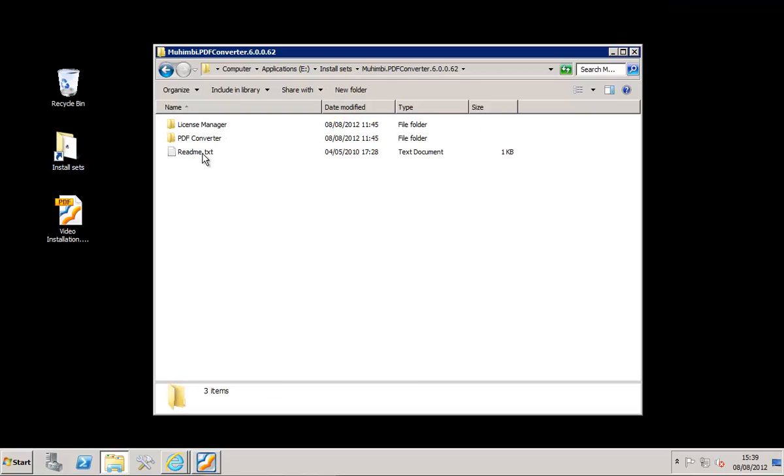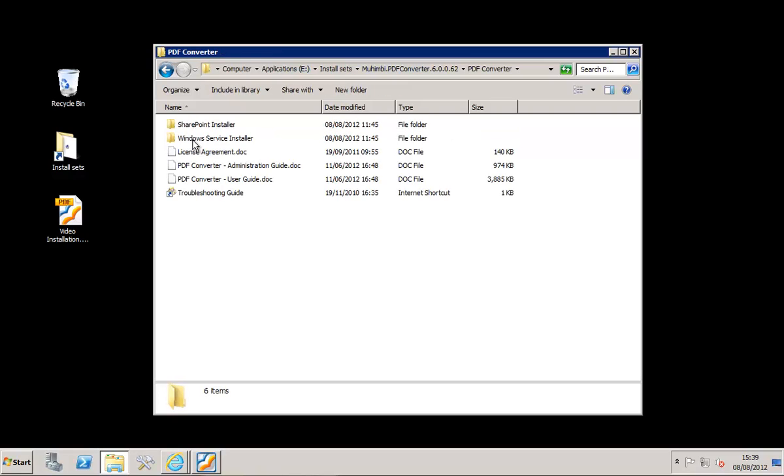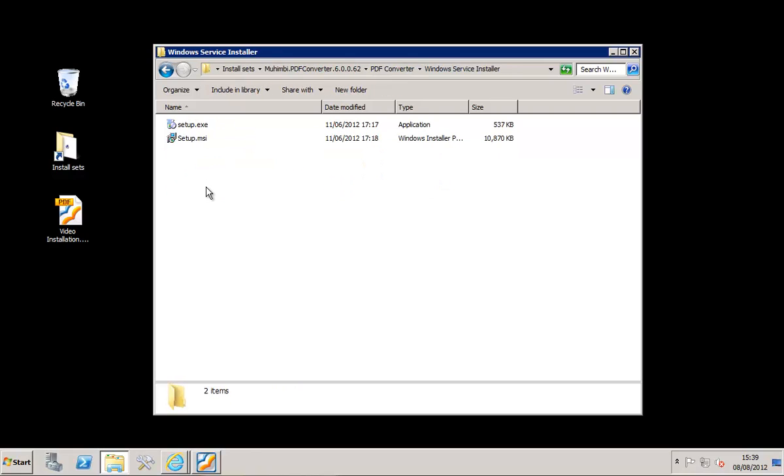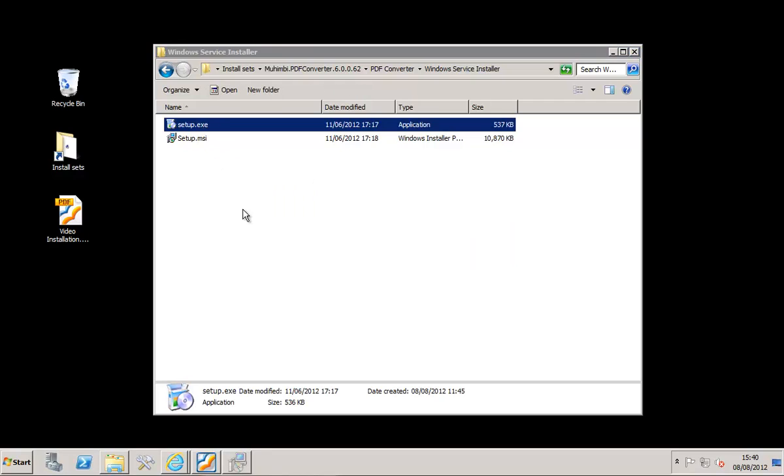So let's navigate to the Windows Service installer. And so this is something you would install if you have a multiple server environment. This you would install on an app server and not really on your front-end server. Although if you have a single server environment, it will all work fine on one machine. So let's run setup